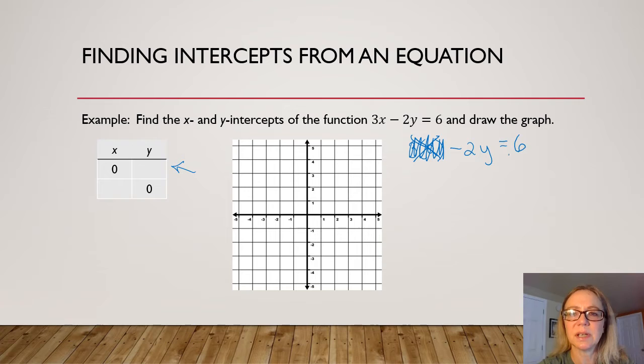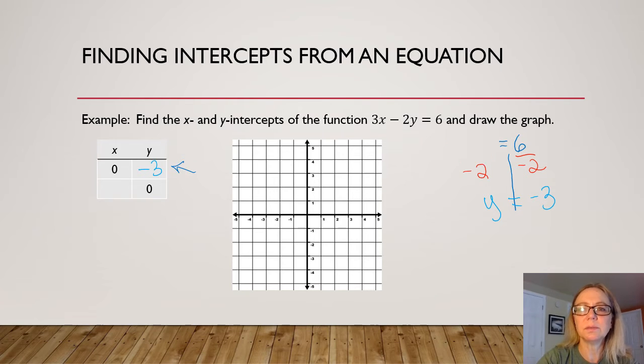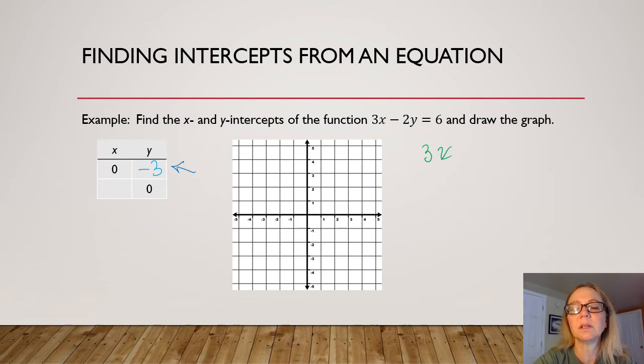Negative 2y equals 6. If we want to isolate y, we need to divide by negative 2 to make a 1. Now if I divide on the left by negative 2, I also have to divide on the right by negative 2, and you can see that y is equal to negative 3. That's my y-intercept. To find the x-intercept, you want to do the same process, but this time we're going to plug in, let's use green,